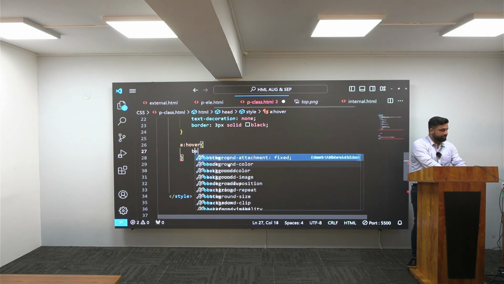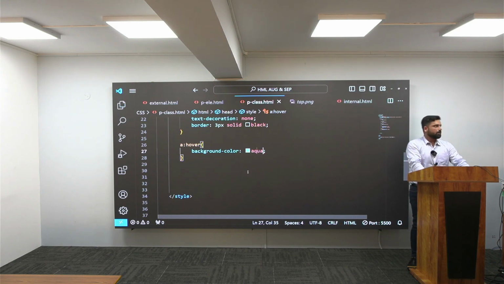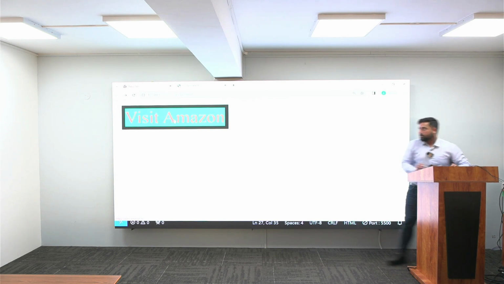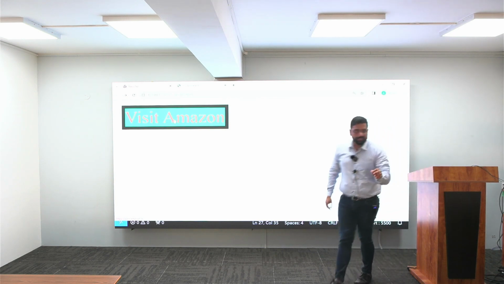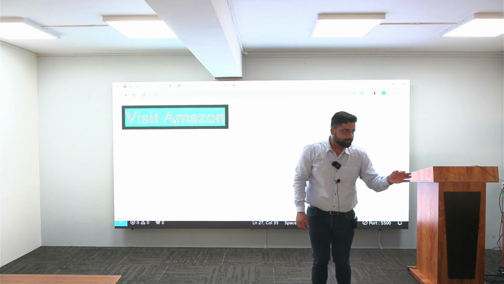Now what I will do, please focus. I will change the background color. Let me give something called aqua. Now if I take my cursor, where is my cursor first of all? Please focus on how it is changing the color. Now if you want to give this particular effect to your content, you can give it with the help of hover. Understood?